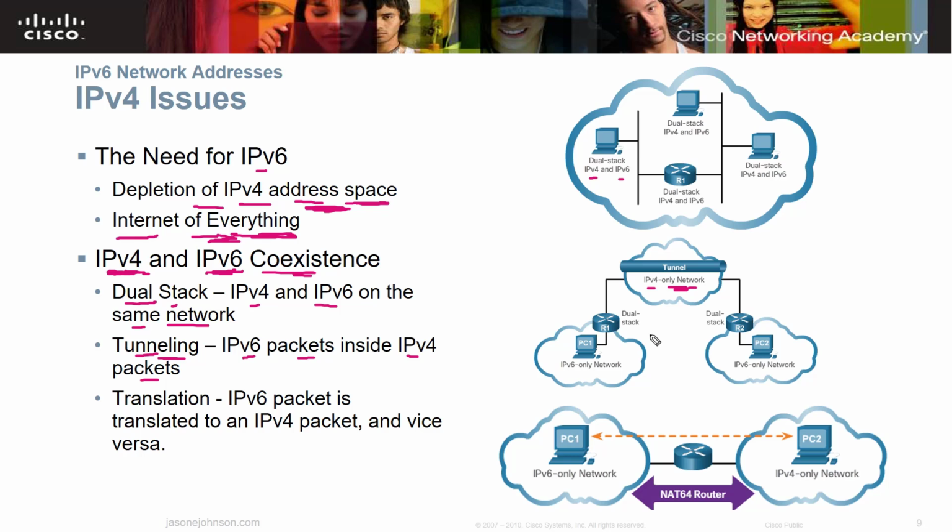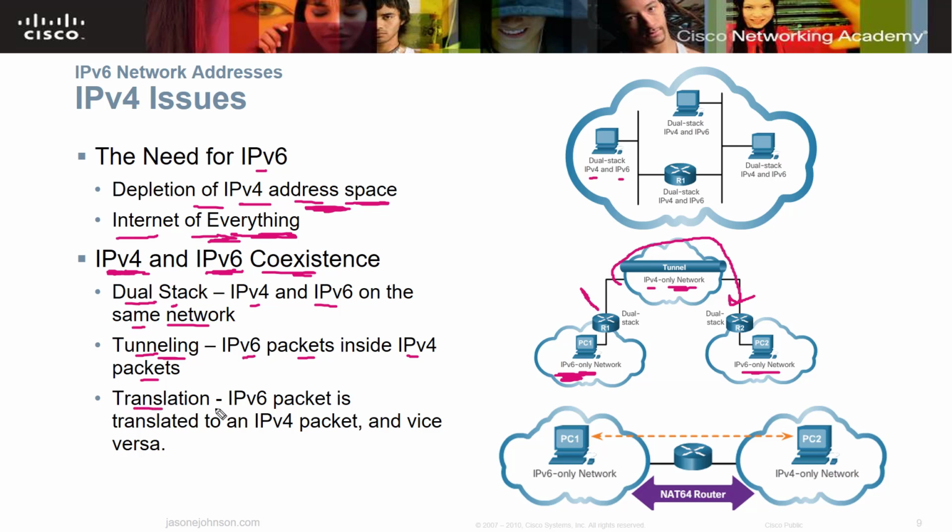Yes, there are still networks that only run V4. So what happens is the dual stack router goes ahead and converts that V6 address into V4 packets. It breaks it down into smaller packets, runs it through the V4 network, and then uncompresses it over here, or unencapsulates it, so that it can run on the V6 only network. And remember that even though it says V6 only, V4 is built inside of V6. So even though it says V6 only, it's got the V4 information built inside of it.